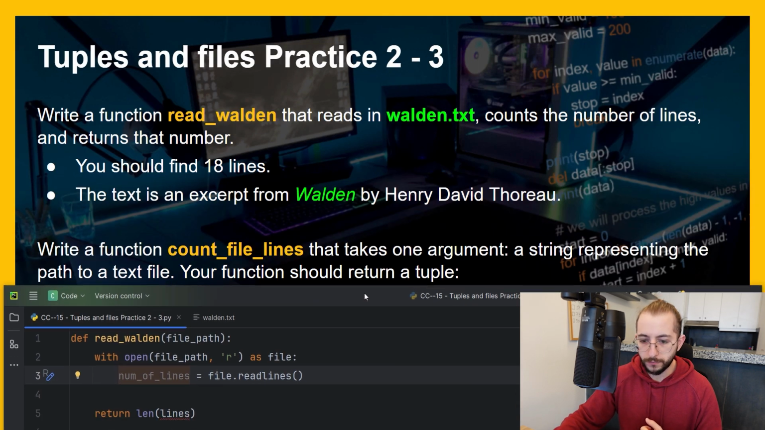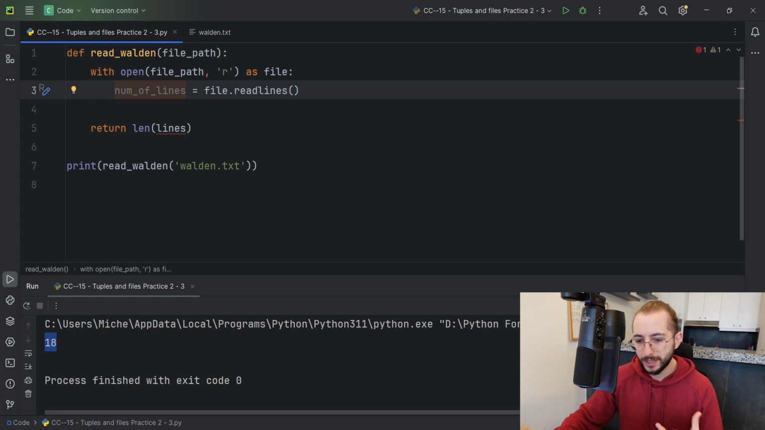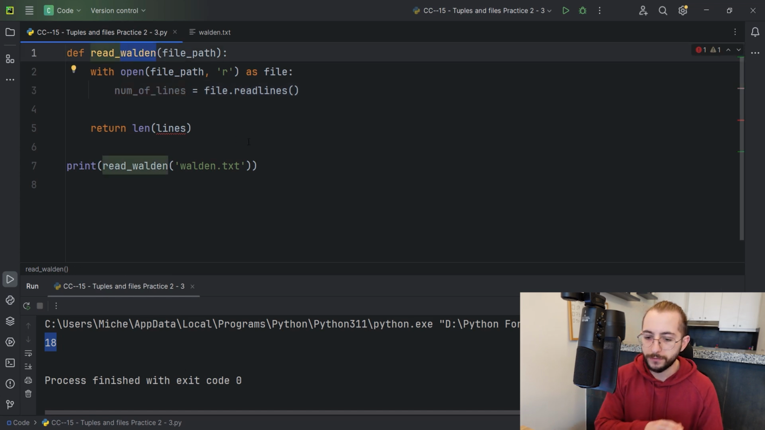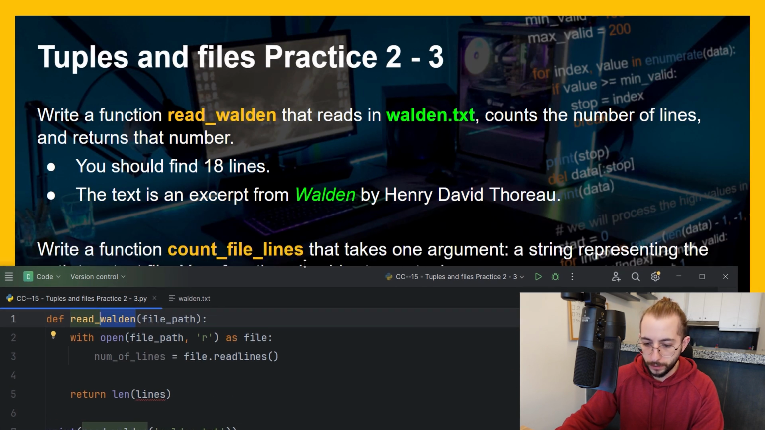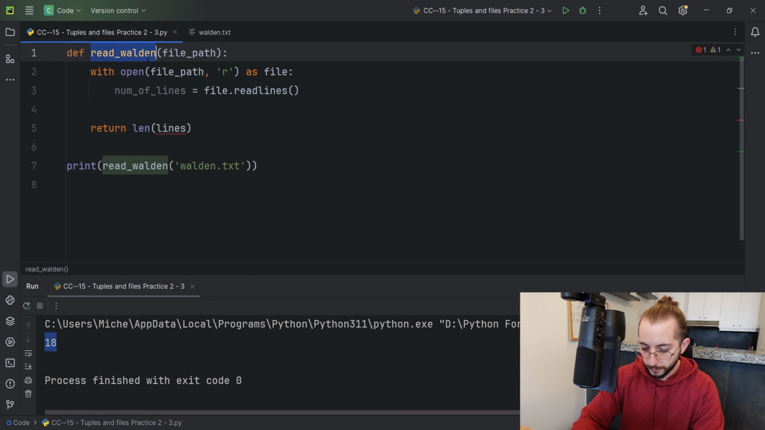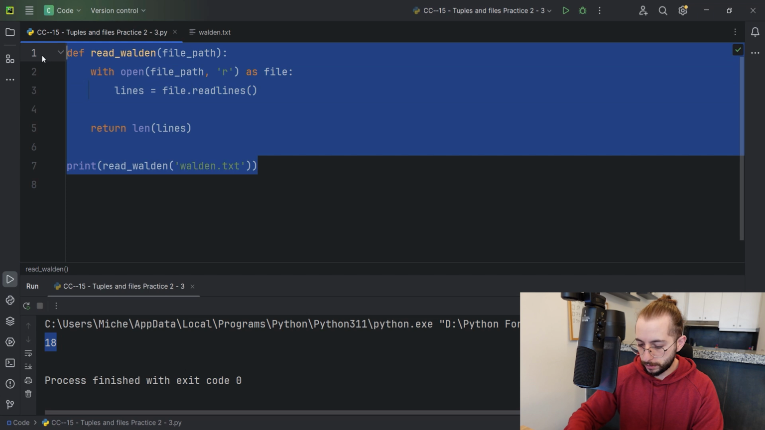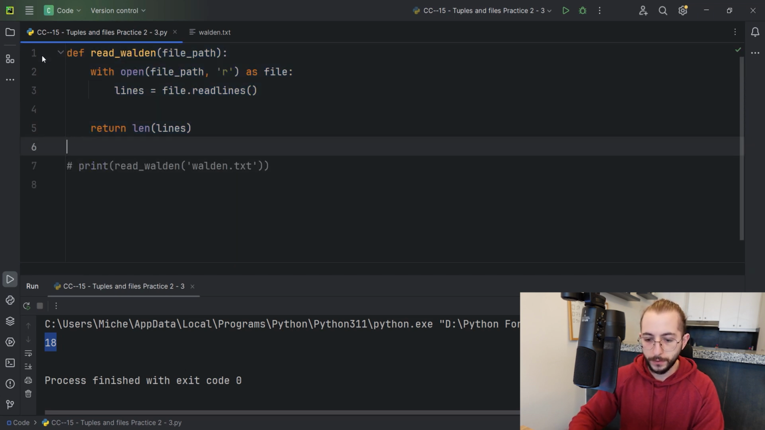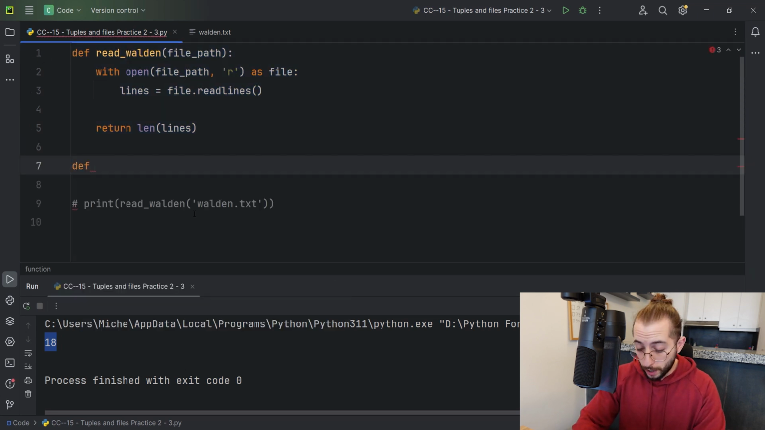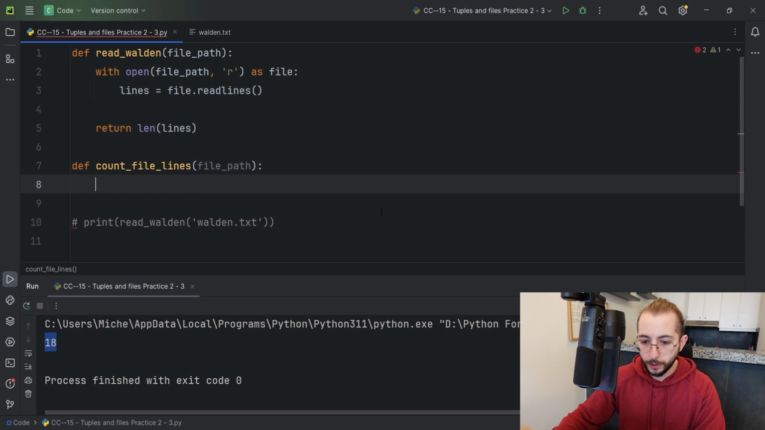I will change this to countFileLines or readWalden. Because we will be reading another file, I don't think it's appropriate if we keep it as readWalden. Okay, let's call it countFileLines. Or you know what? What I'll do is I will simply comment this one out and create a new function right here. So I will define the countFileLines, which will take in a file path, and it's basically going to be the same thing